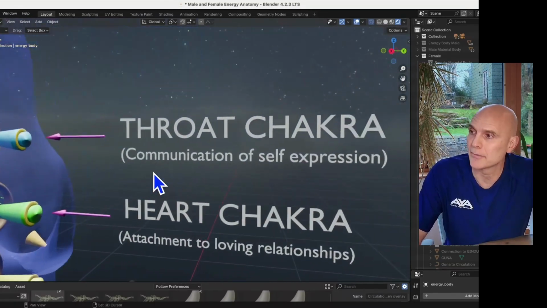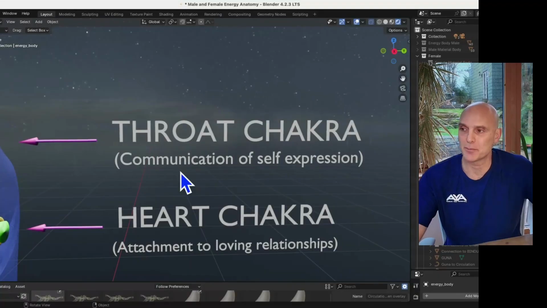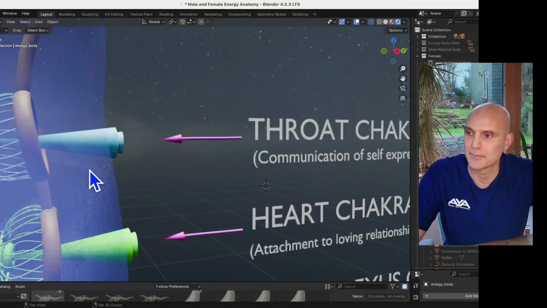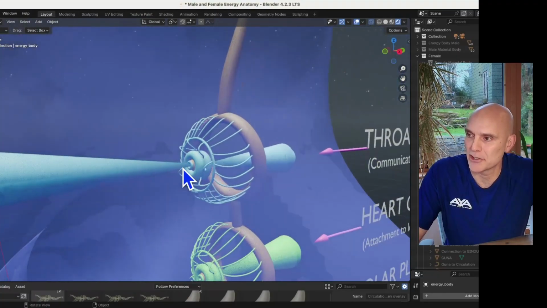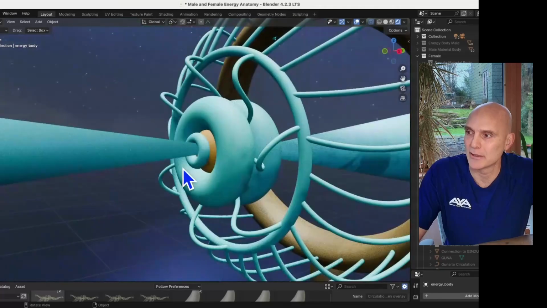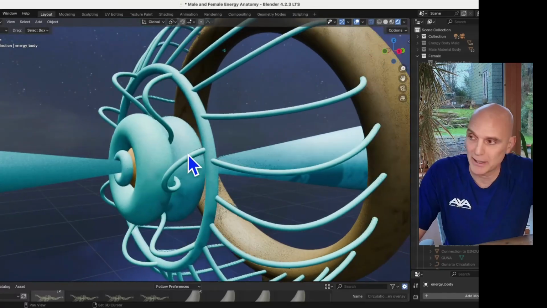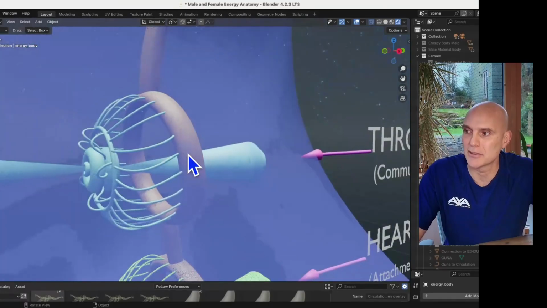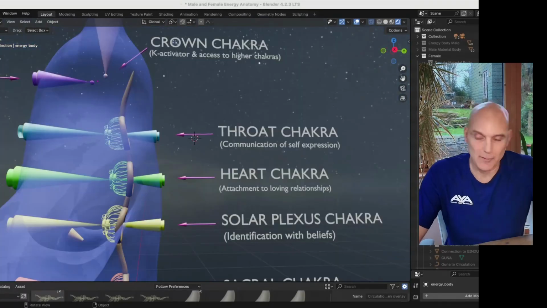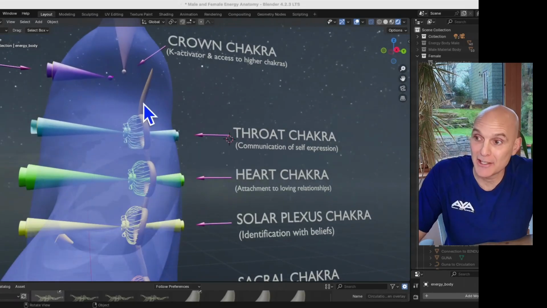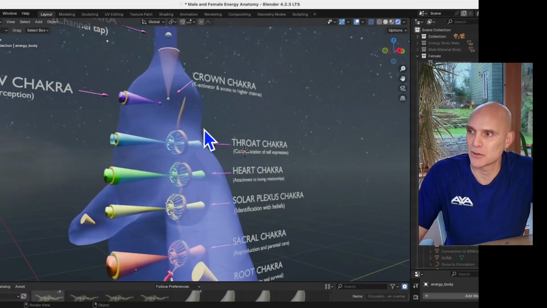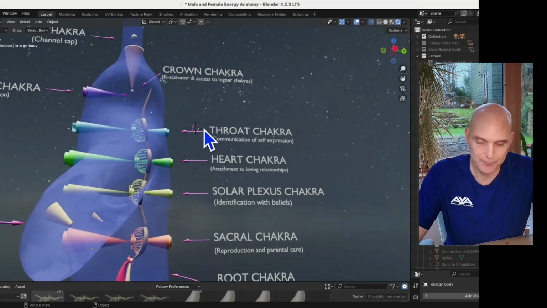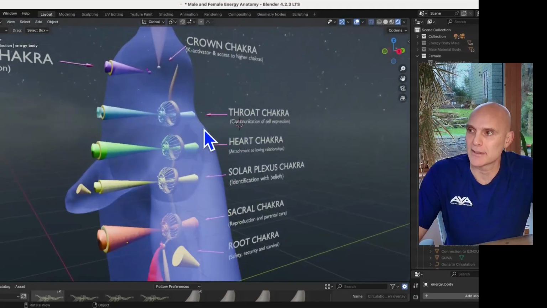Throat chakra, of course, communication of self-expression. And same with the energy function. Golden energy comes in, blue energy is filtered out through the chakra mechanism and then delivered to the chakra manifold. Before I carry on, I will tell you where that separated energy is going. But before I do that, let me just talk about some of the other chakras. And let's carry on up